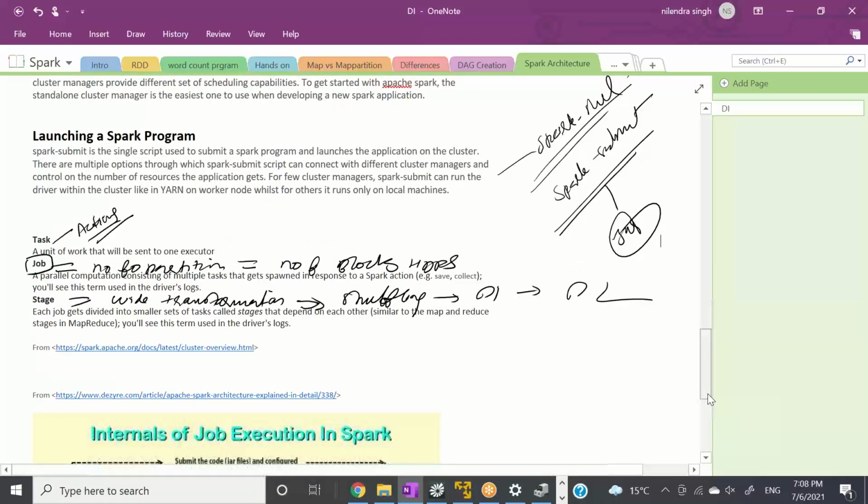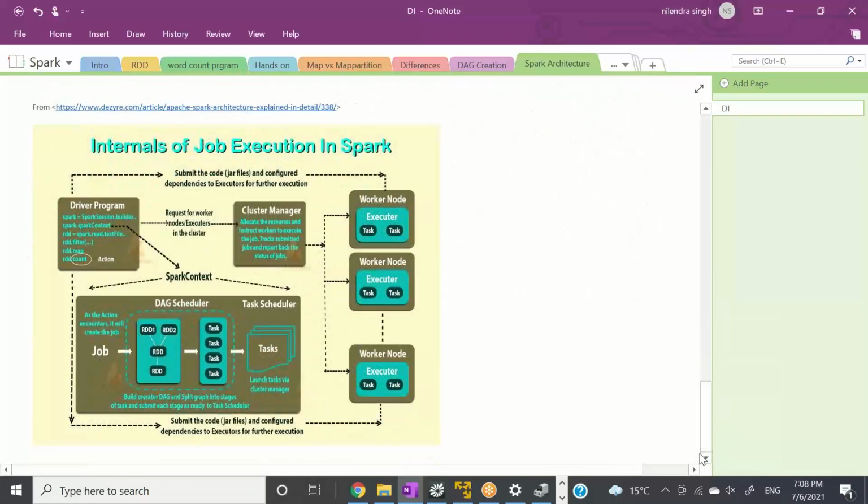Now let's see one more thing. Oh, this is a very good example, this will cover everything in a lot of detail. Your driver program will have your full program in it. First you will have your Spark context, then some filter, then you map, some counting. Whenever you hit the action, it will request the number of worker executor nodes from the cluster manager. The cluster manager in our case is Yarn, right?